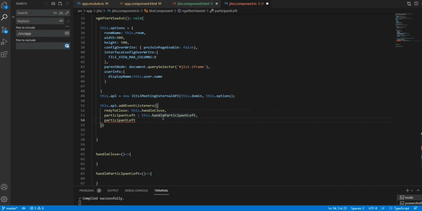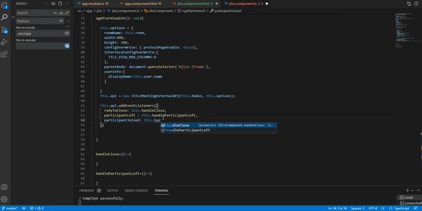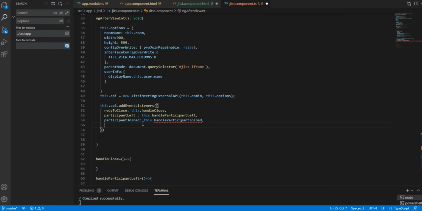Participant left. The same way we need to add other event handlers, like participant joined: this dot handle participant join.